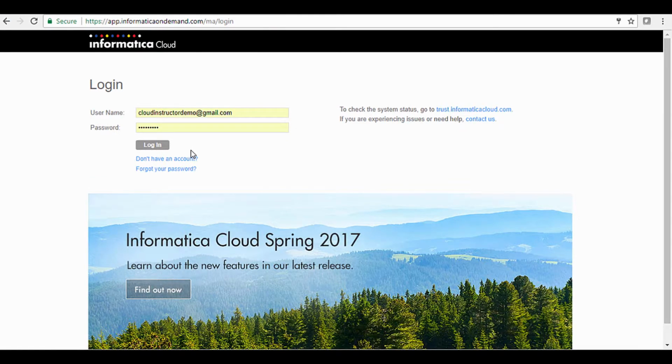In this demo, we will create two publications to load data in Salesforce data topic. We have already created the Salesforce data topic, which consists of two tables: Contact Table and Account 1 table. The first publication will retrieve the contact data from Salesforce and will load it to Contact Table in Salesforce data